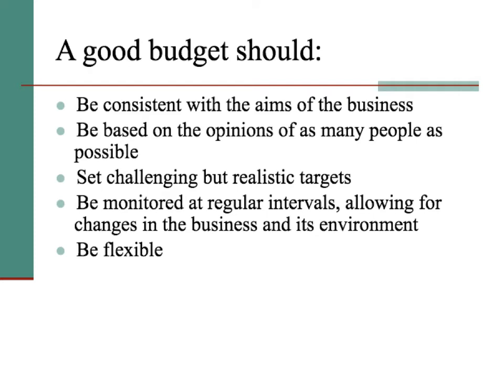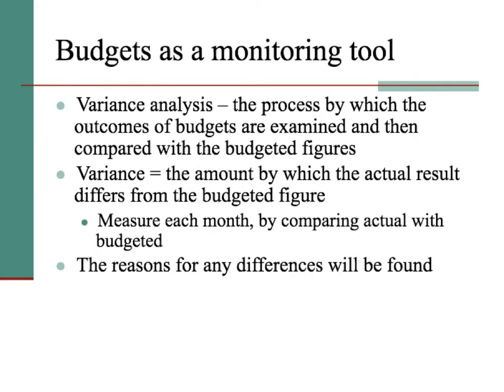You should monitor them at regular intervals. So we're going to do an activity that follows this, that says once something's happened, you should go back to it and you should review it with what happens. So you could do this on a monthly basis, you could do it on a 6-monthly basis. Again, consider the business. I think it's important to be flexible. So if there's a need for marketing because you've had some adverse publicity, that should be built in and there should be a budget in the expenditure budget for that.